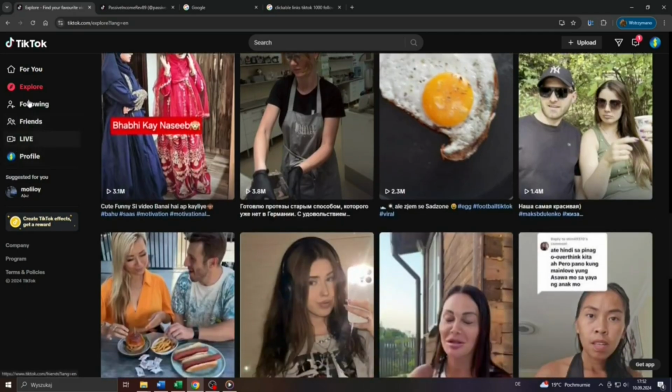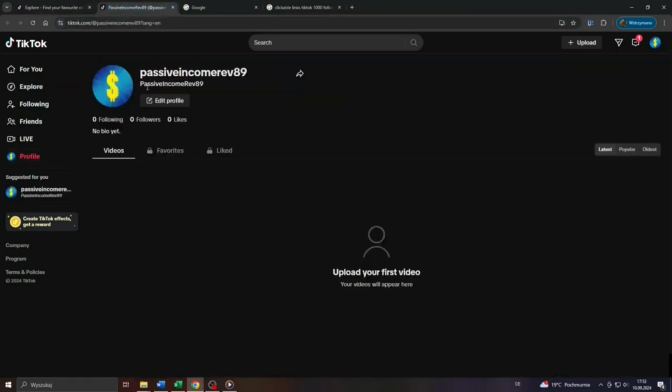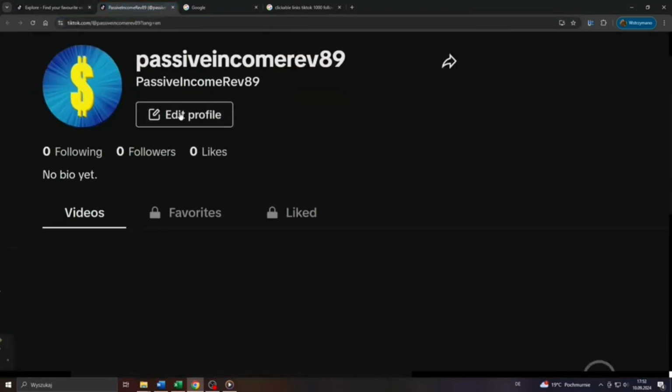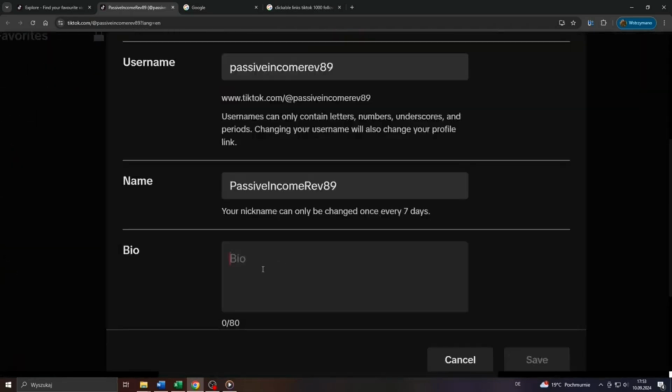Now in the first step, head over to TikTok, for example, access their web application of TikTok, log into your account and select profile here on the left sidebar to access your account settings or profile settings. And on the next page, guys, click on that button here, edit profile, to add a link to your profile's